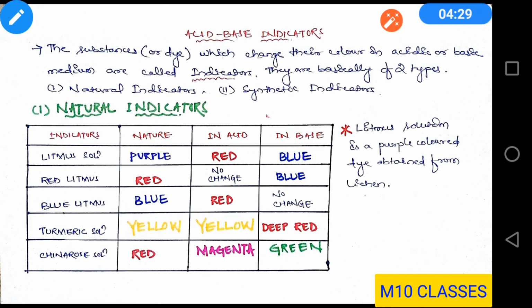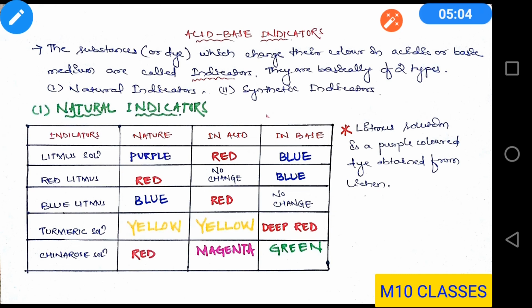Now suppose I have given you two colorless solutions and I will tell you to distinguish between those solutions, which one is acid and which one is base. Now you may say that sir, acids are sour in taste and bases are bitter in taste. So by the help of taste we can easily distinguish between them. But many acids and bases are also poisonous. So distinguishing with the help of taste is not the correct procedure.